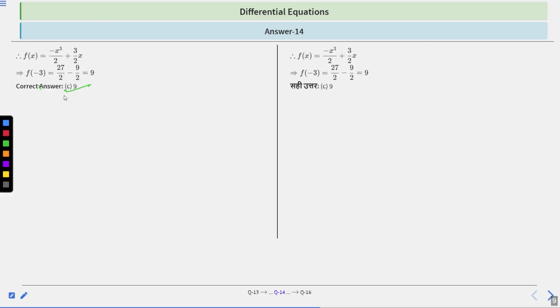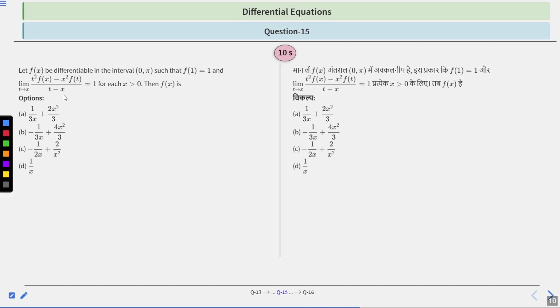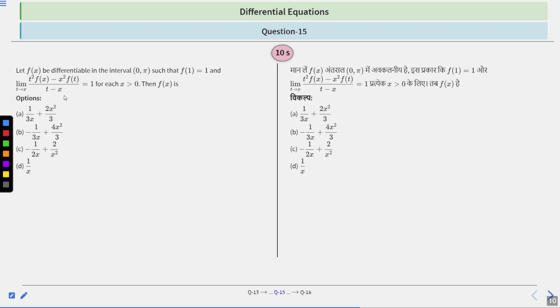Got it? Now let's move to the next question, question number 15, which says, let f(x) be differentiable in the interval 0 to pi such that f(1) is equal to 1 and limit t tending to x of (t square f(x) minus x square f(t)) upon (t minus x) is equal to 1 for each x greater than 0, then f(x) is equal to